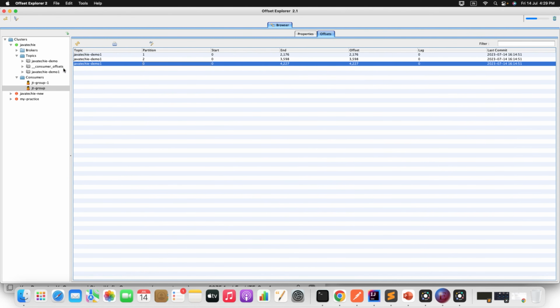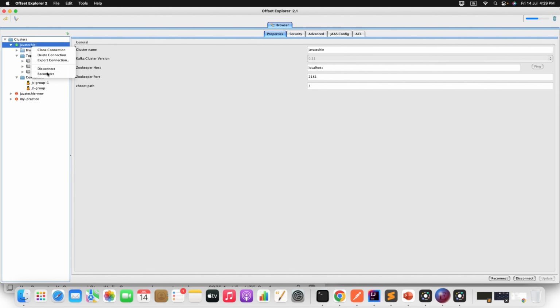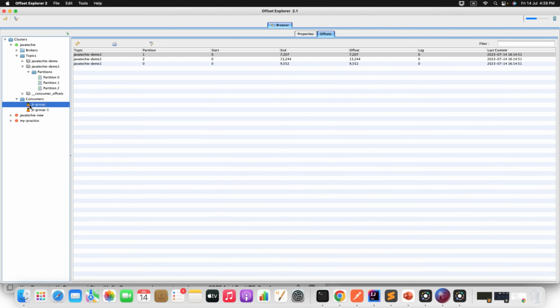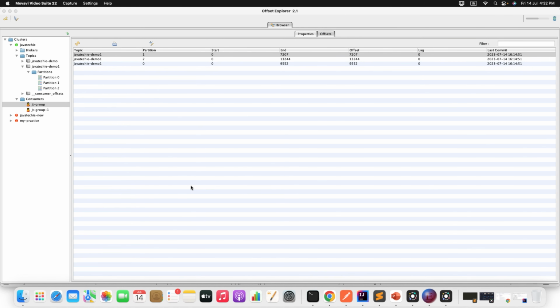Go to the Offset Explorer, just reconnect it, open the topic Java Techie demo 1, go into the partition, but it won't give you any clue here. If you look into the topic, better you go to the consumer. There is no lag because we are not able to shut down immediately. Okay, so what I'll do, I'll publish more messages so that I will get enough time to shut down my